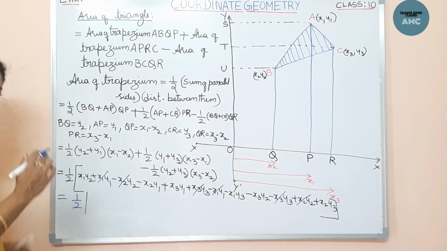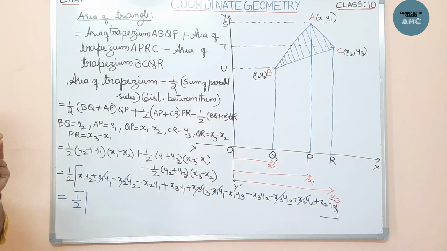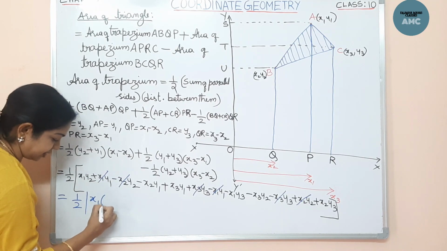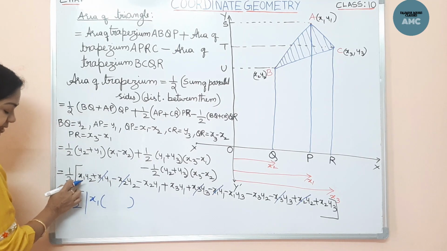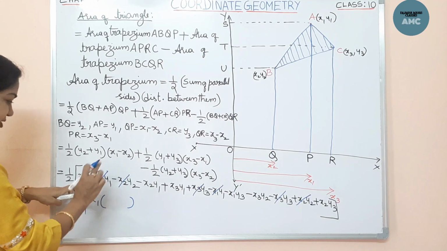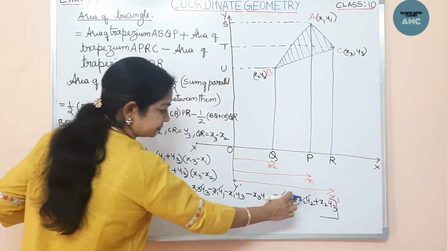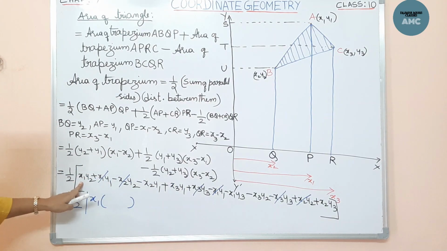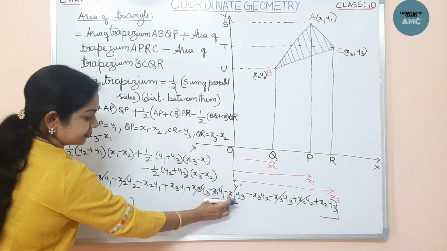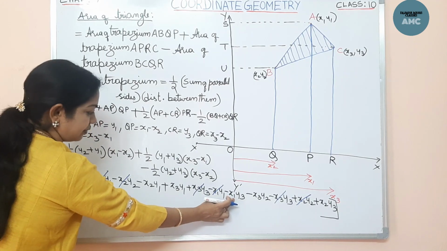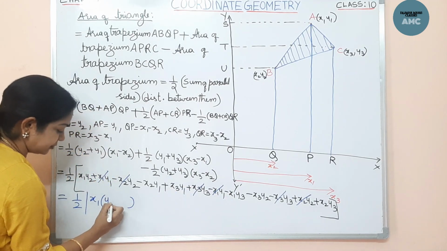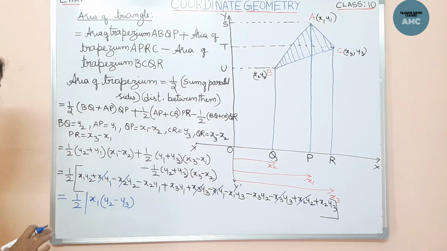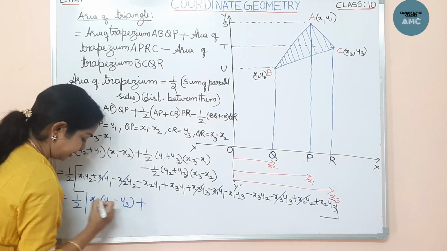Now here let me take one term common and let us replace. Now first I'll suppose it as x1, right? I'll keep a bracket, so I'll take x1 y2 here, and where is x1 again? Where is the x1 term? Any x1 term? See here, x1 here, see this term. So I've taken x1 common, so it becomes y2 minus y3 simply. From these two terms I have written x1 common. Now you have to remember that's all, x1.